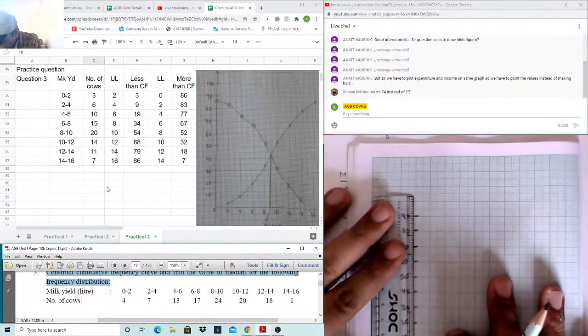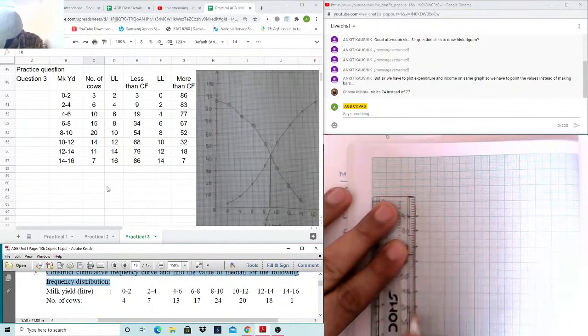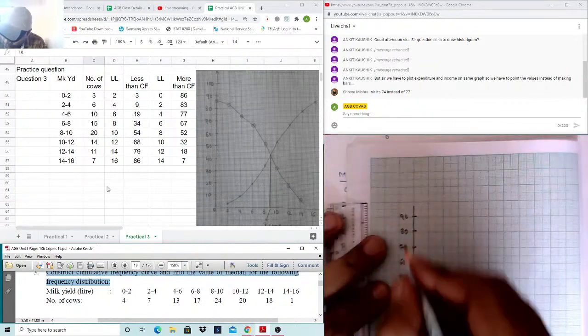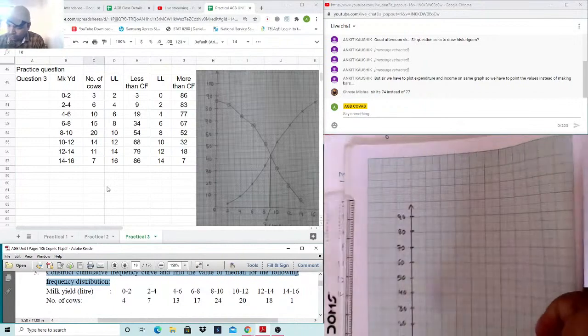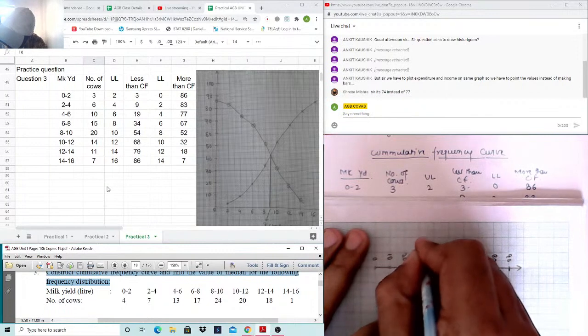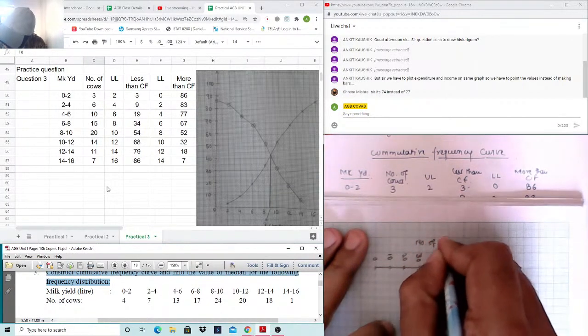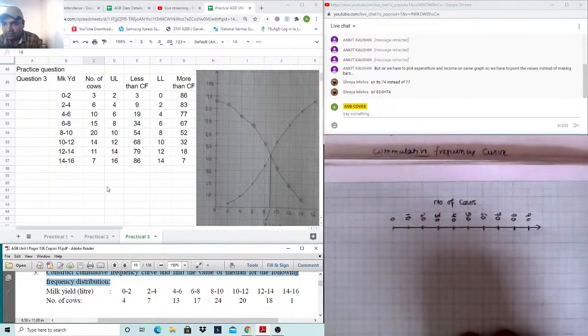So draw this y-axis line. So this is the y-axis I have made, and these are the number of buffaloes. Now similarly, what we have to do is